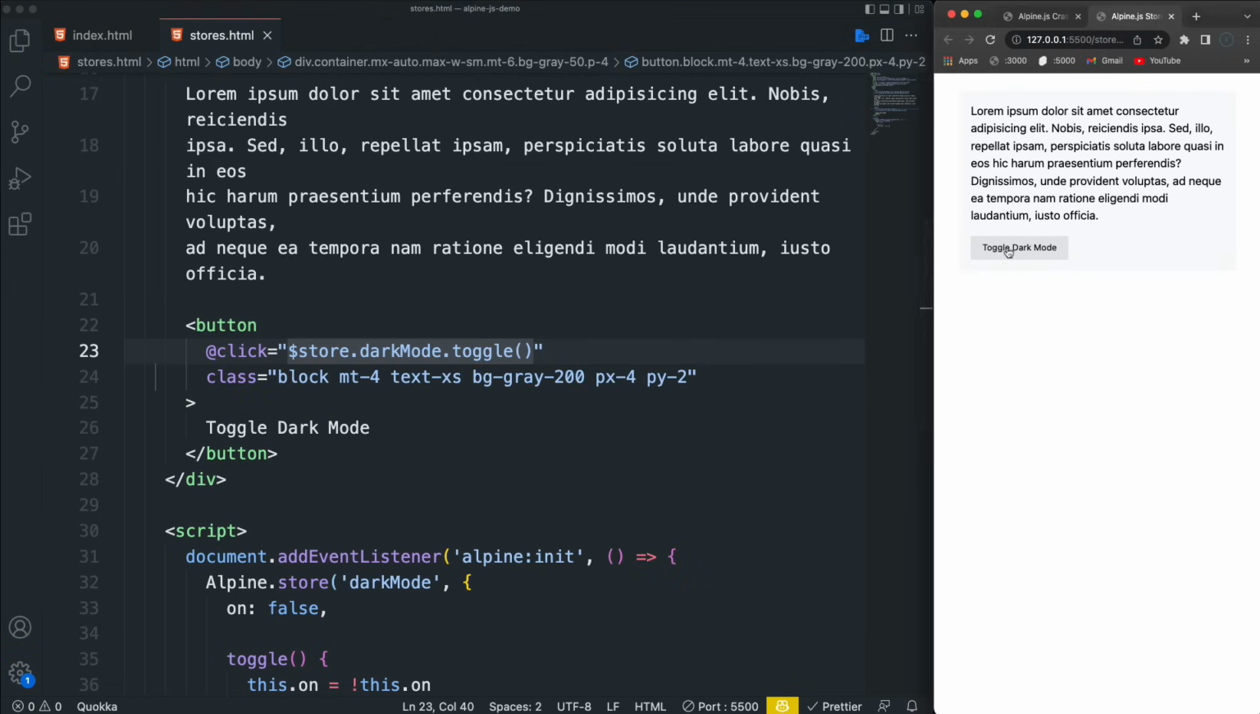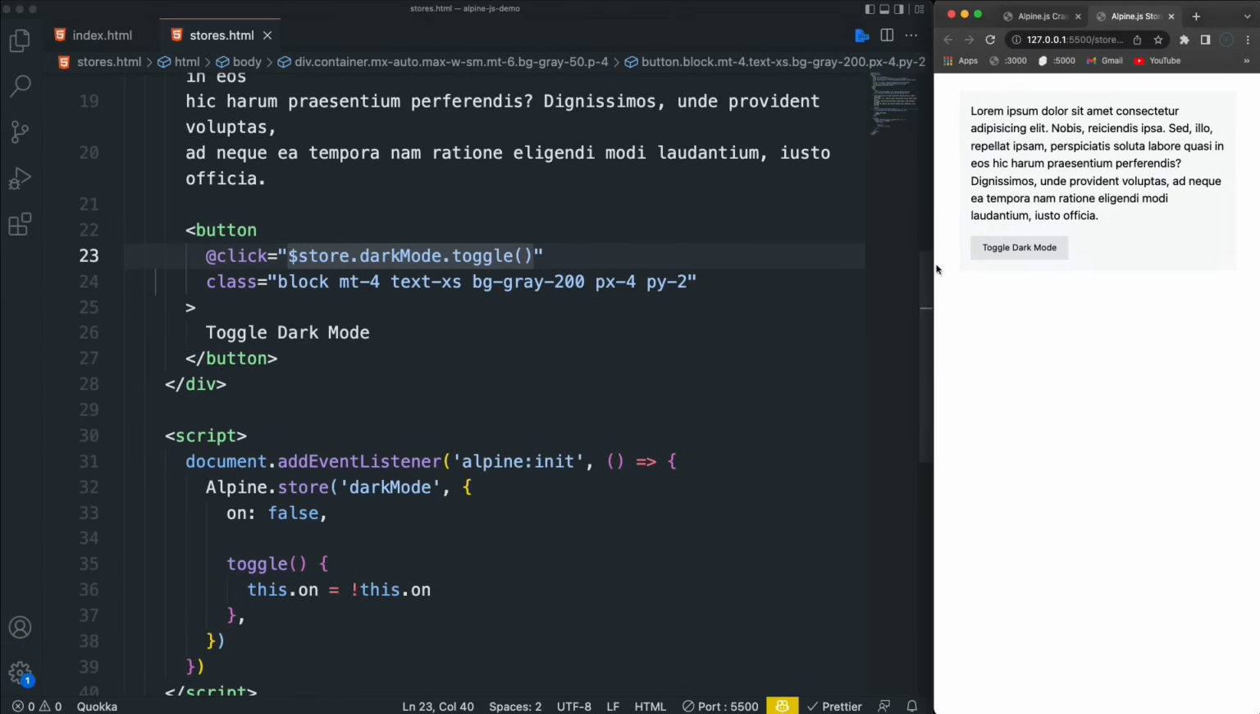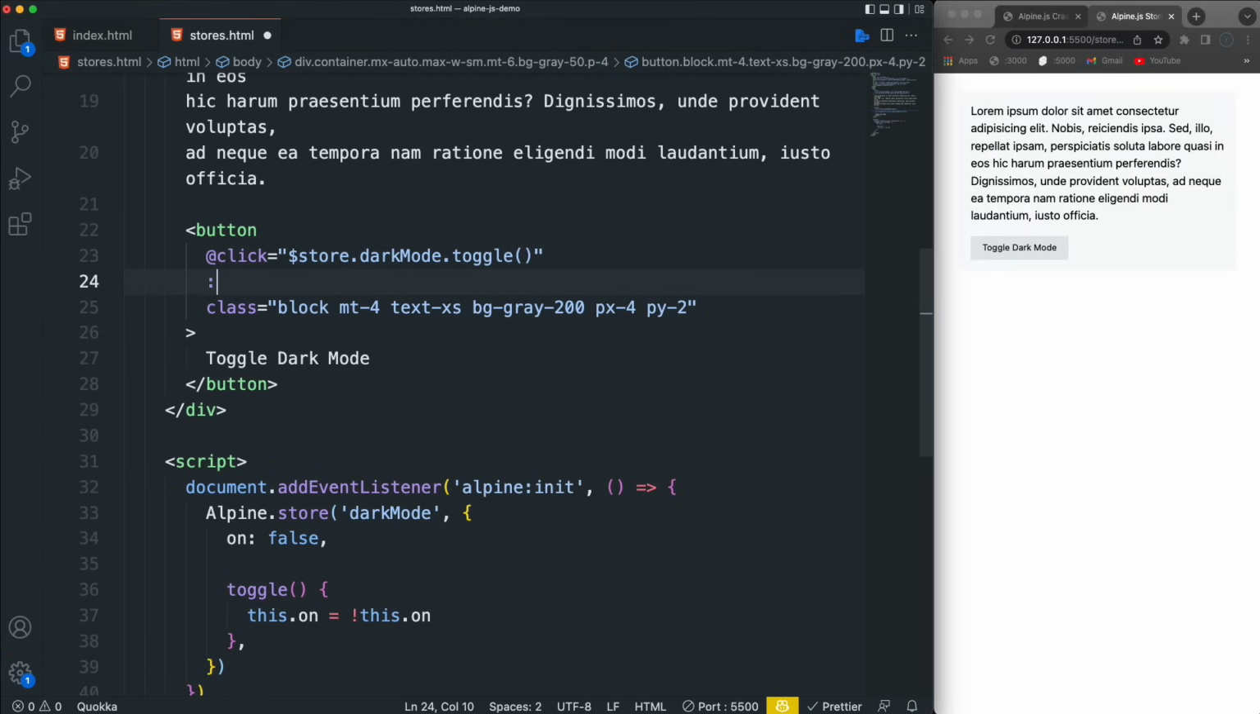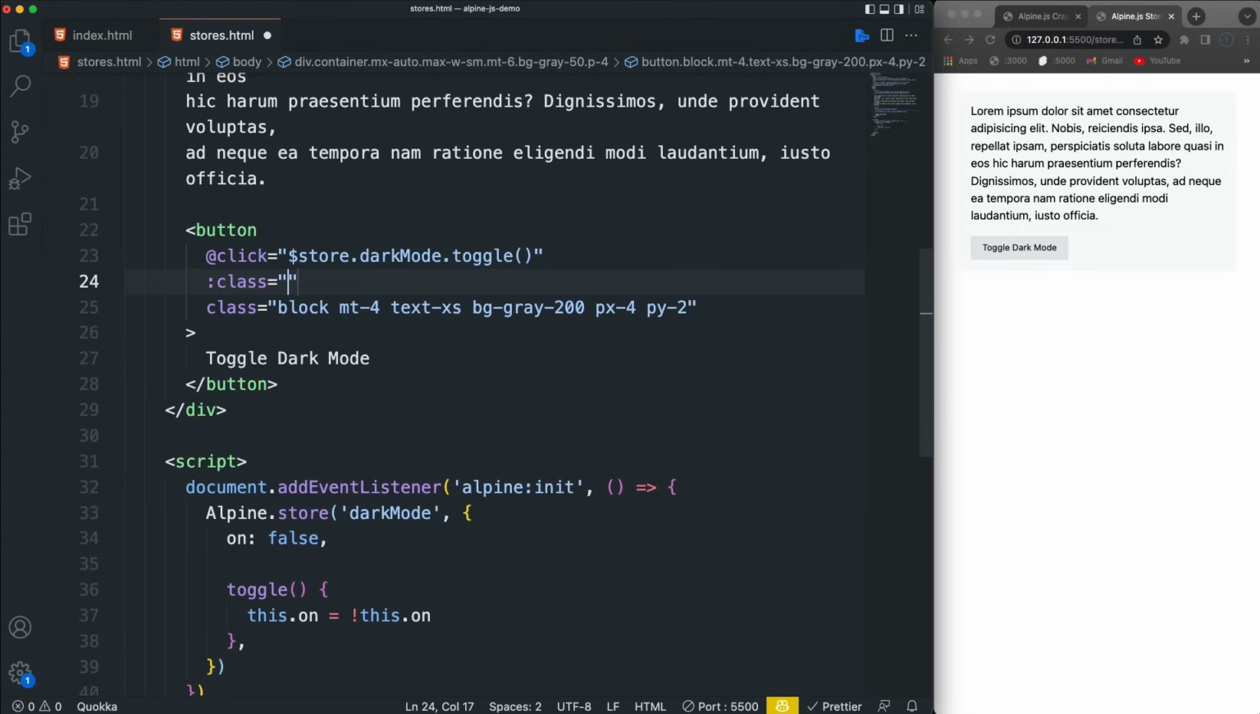Save that, click it. There we go. We can toggle it. Now, you probably want to change this as well, because the text is now white. So what we could do is add on to this. We could bind to the class here, and let's say if the store dot dark mode dot on, then let's do